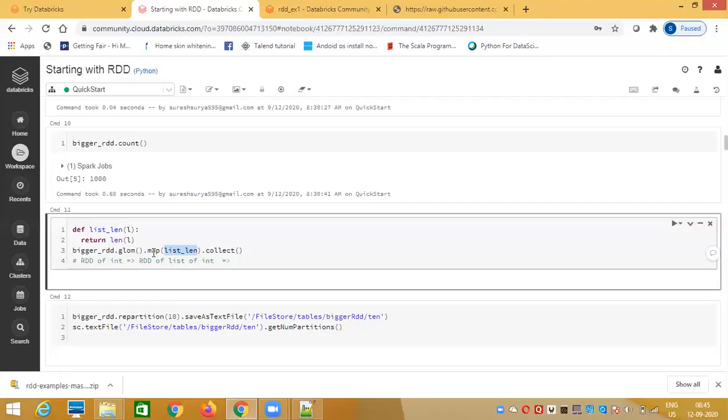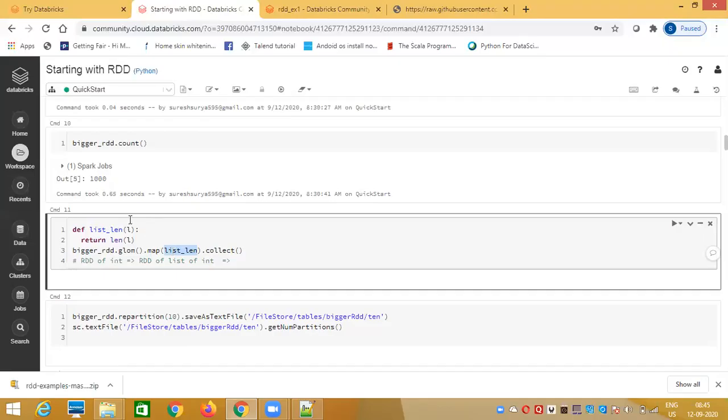Not just in Python, in Scala also you'll be seeing the same thing. We are writing the map function and passing another function as a parameter. The question comes: since map is a higher order function and takes another function as a parameter, because this piece is nothing but the transformation logic we are passing, can you pass any random function into map?